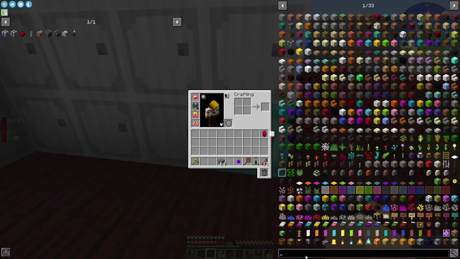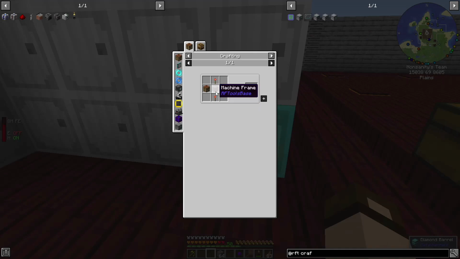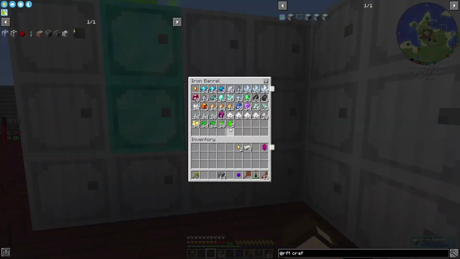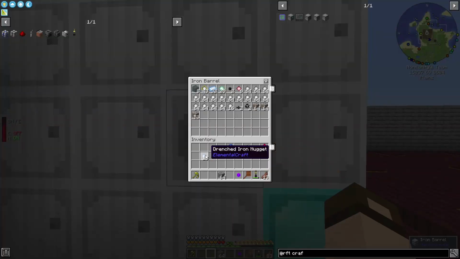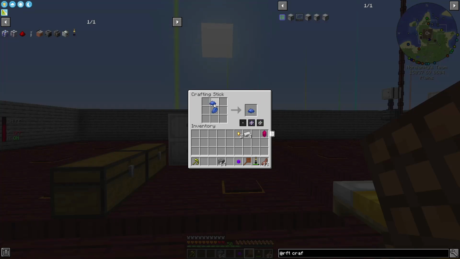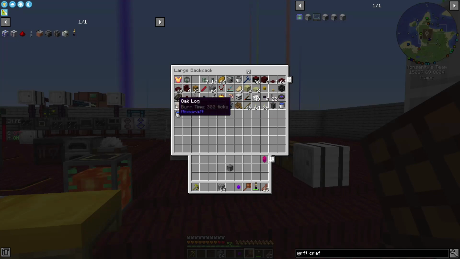So let's get the ingredients I need for the RF Tools Crafter. Crafting tables, redstone torch, and a machine frame, which is 2 gold nuggets, 4 iron, 2 blue dye. Oh, these are drenched iron. I would put them in here with all the elemental craft stuff. Convert these over. There's the frame. I think it requires regular...